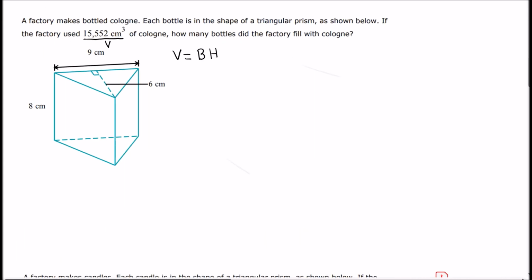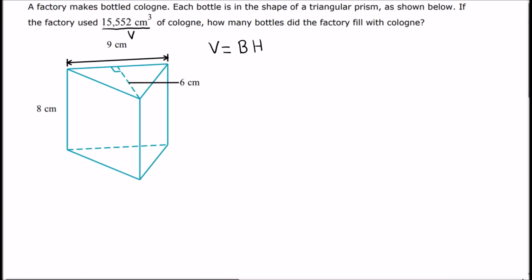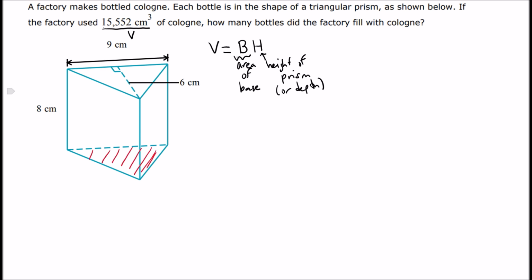But let's go ahead and write down what the formula is. Like I said, this is the area of the base. And this is the height of the prism, or depth. The height or depth, depending on how you look at it. So in this case, capital B, the base of this prism, is this triangle here, either on the top or the bottom. They're the same triangle. And so if we were to draw that,